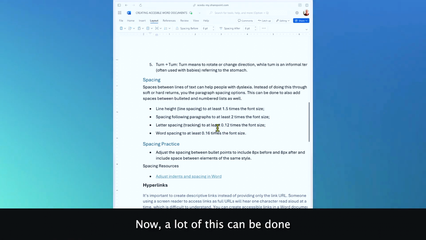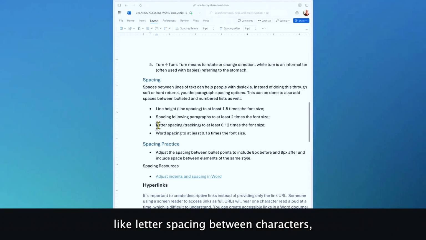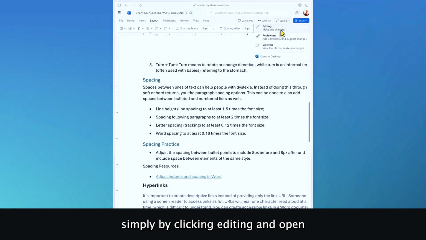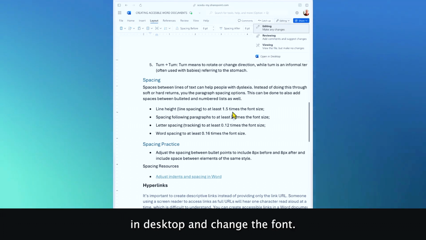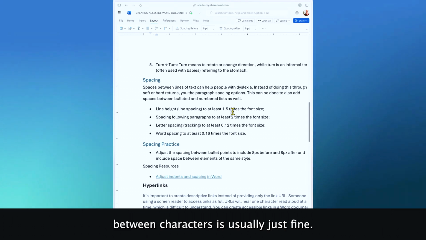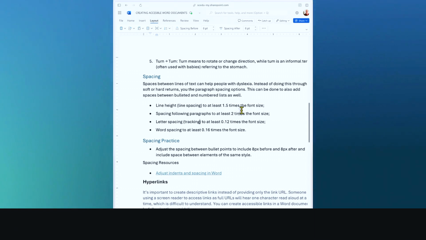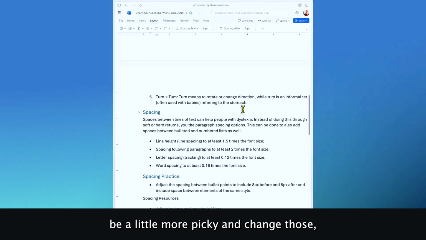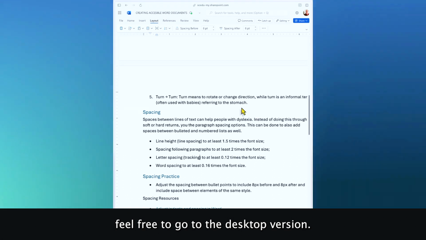Now, a lot of this can be done in this program online in Word. However, some of the trickier things like letter spacing between characters can only be done in the desktop version. And you can do that simply by clicking Editing and Open in Desktop and change the font. The default fonts spacing between characters is usually just fine. However, if you do want to be a little more picky and change those, feel free to go to the